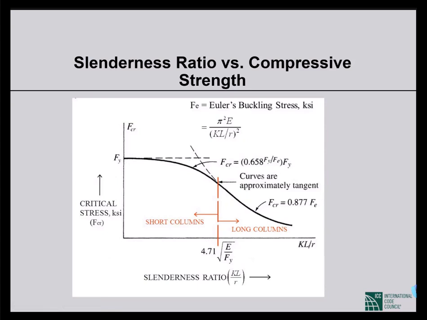In terms of load also you can call it, that is completely plastic. The whole section becomes plastic. So this is the case, and in between these two, that is elastic buckling and plastic case, there will be a transition, and that transition is shown with this complicated equation 0.658 Fy by Fe multiplied by Fy. This is just nothing but a curve fitting exercise kind of.